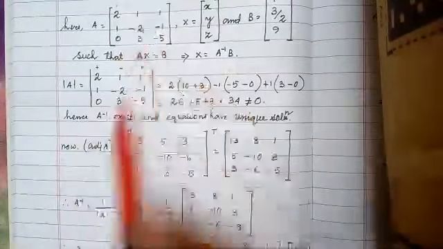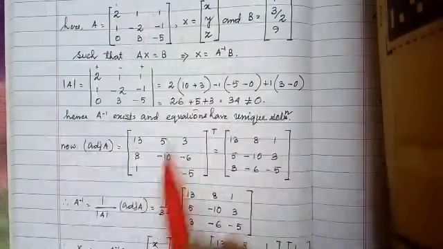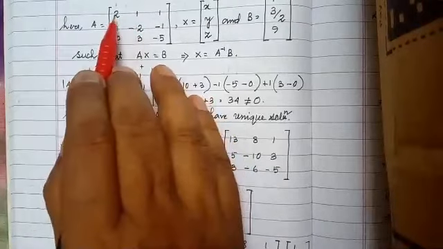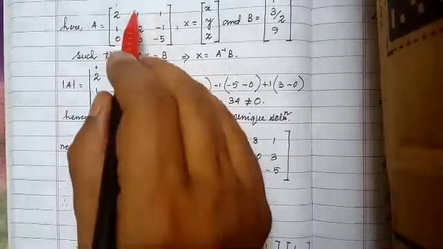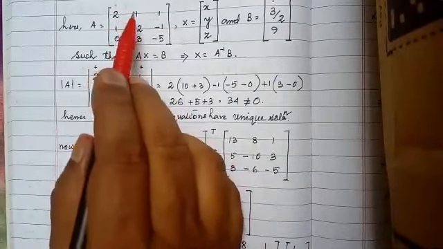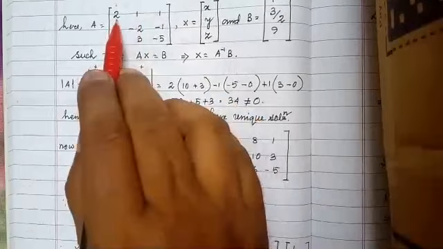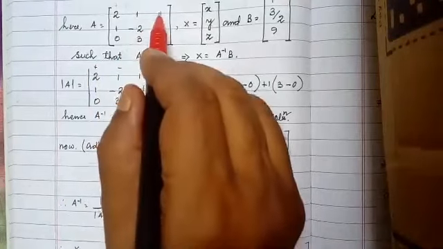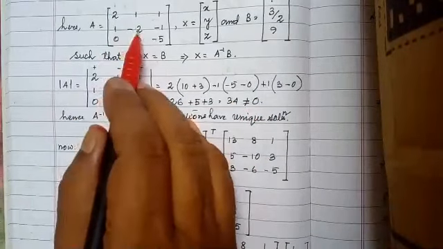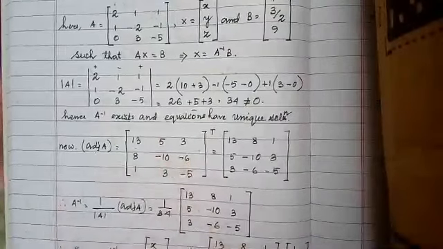Now for this 1, what will it be? For this position it will be minus. Now leave this row, leave this column. So this is minus 5 into 0. So minus of minus 5 means plus 5. So it is plus 5. For 1, plus, minus, plus, so again plus. Leave this column, leave this row. So this is 3 into 1, 3, minus 0. So 3. Like this you determine the cofactors.